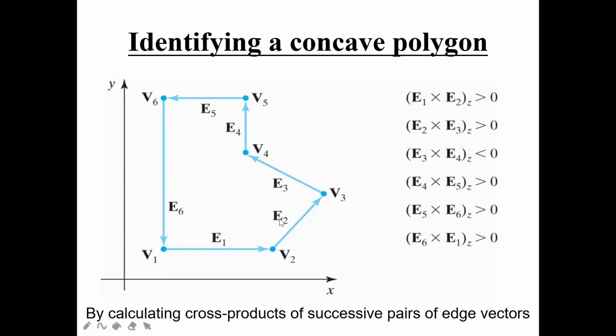So E1 cross E2, as I'm going to identify the concave polygon, it has to be greater than 0. And also the angle has to be greater than 180 degrees. So you can write 180 degrees directly. What are you thinking, can it be more than 180 or not? You can see like this, right? If I want to form it here, just a minute, I'll do it. Here you can see, now I have done like this.